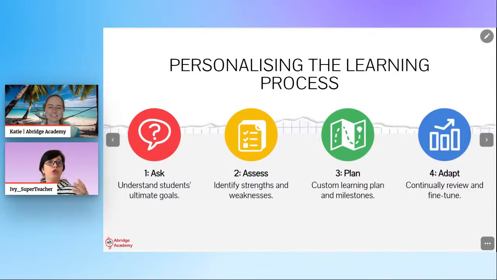I personally don't do that many check-ins. Maybe once every 3 months, or if we're doing an Abridge Academy core curriculum, then after each unit we do a quick assessment and exchange some feedback with the parent to see how it's going. And of course, adapting is super important, because maybe the child did great at the trial class, but next time they come in, maybe they're in a different learning environment, or life happens. You never know what might change and influence their learning experience and abilities.